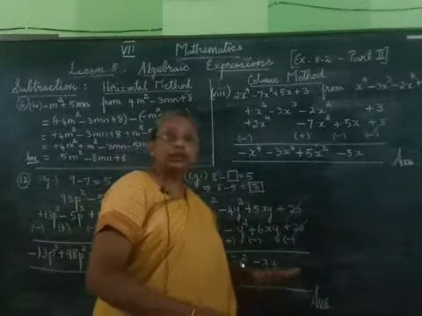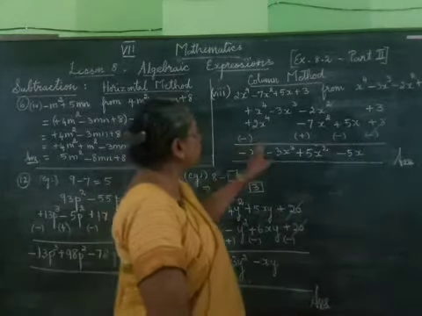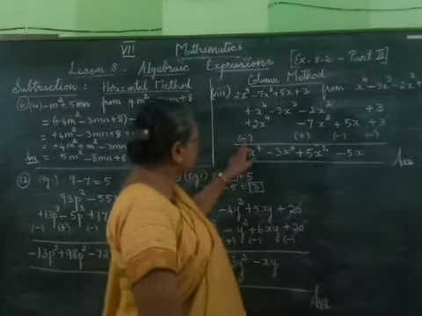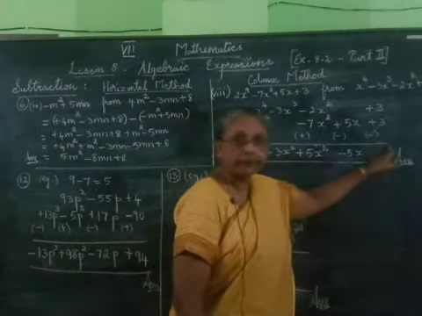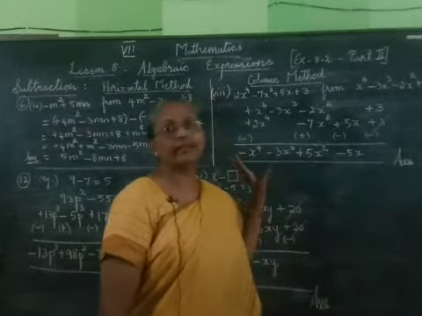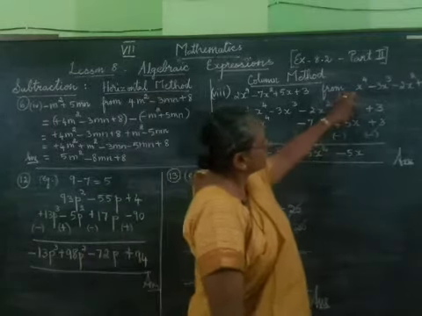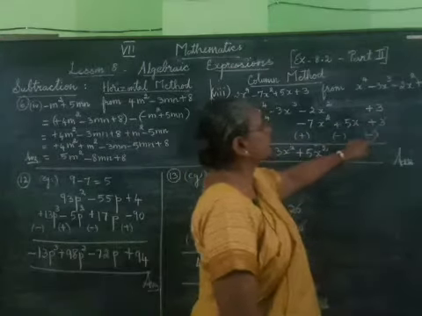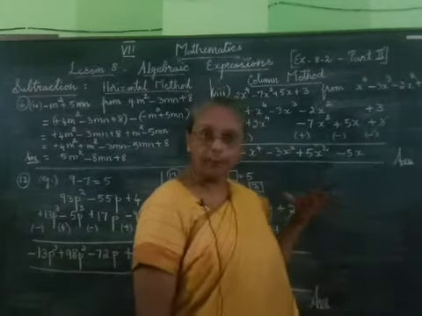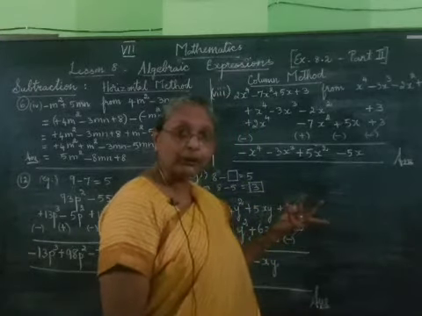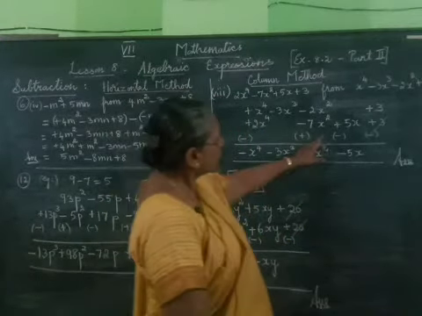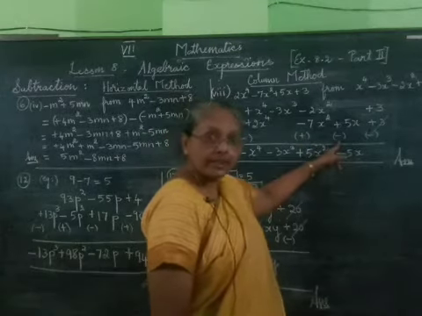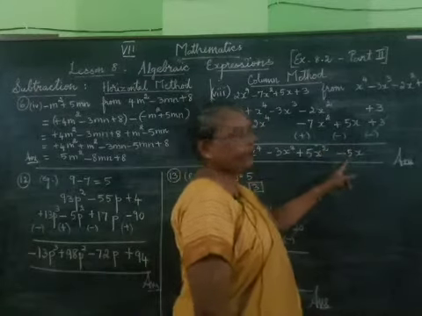After that, we will consider only the signs which we have written below. We should not see the earlier sign. We should see only this sign which we have written. Then we should do as we have done for addition. That is, see plus 3 minus 3. So when we see plus 3 and minus 3, they are same number with the opposite signs. So the answer will be 0. So we can cut it off. Here it is minus 5x. We have taken the sign which we have changed. So this sign. So minus 5x.